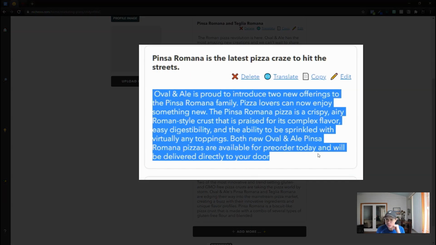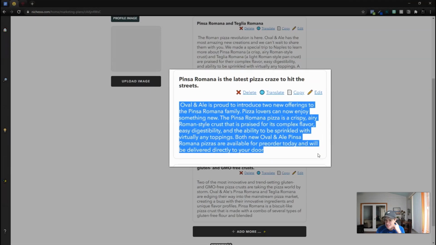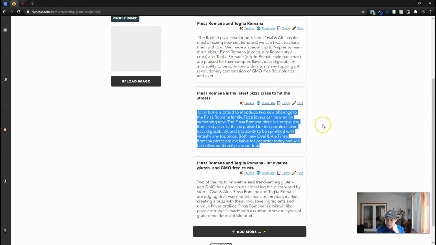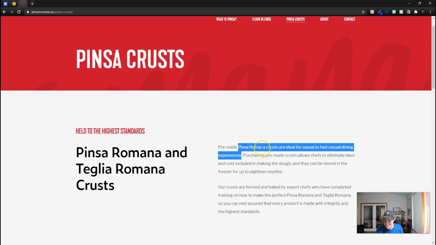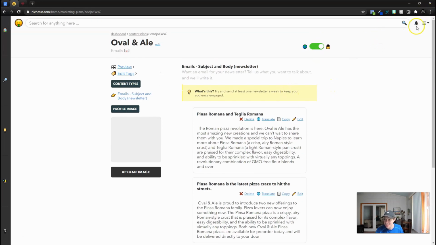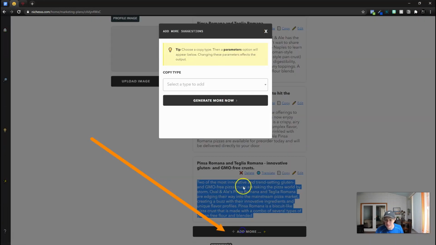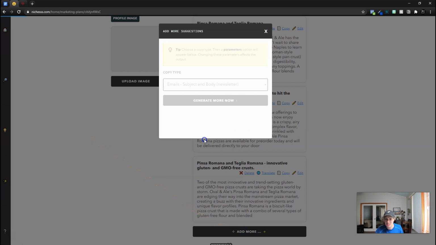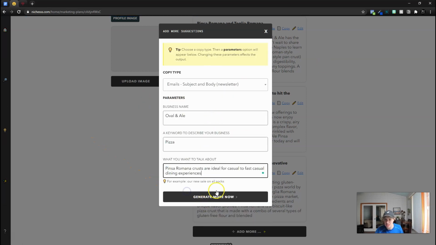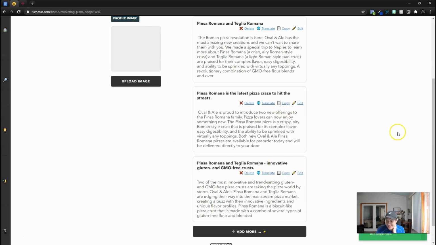OpenAi is proud to introduce 2 new offerings to the Pizza Romana family. Pizza lovers can now enjoy something new. So now I'm going to copy this sentence here that says Pizza Romana crust is ideal for the fast casual experience. And we're actually going to come back here to the marketing plan. We're going to click add more. We're going to stick with that same subject, body, and newsletter,